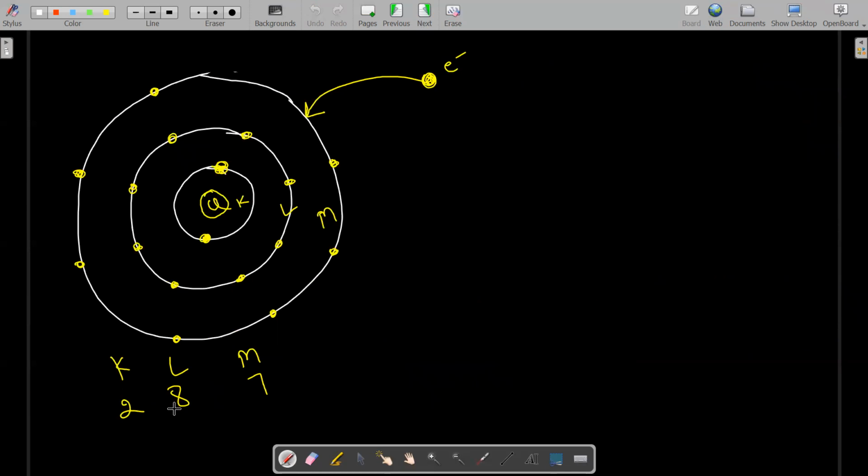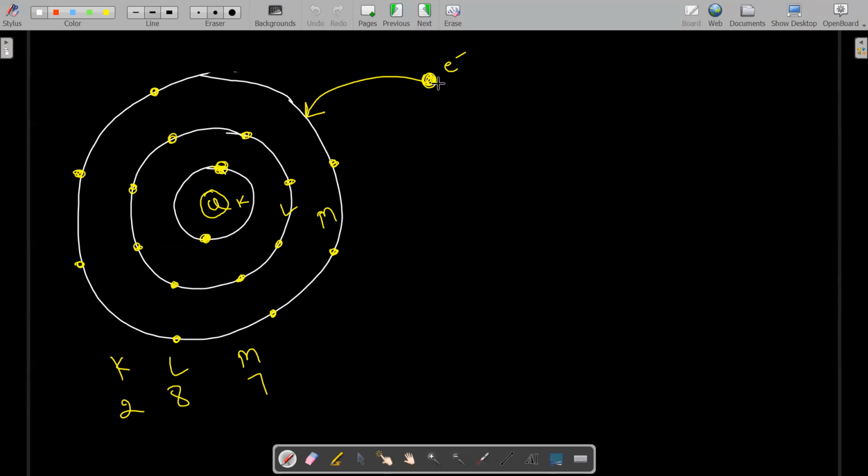Just I've told about the chlorine. This is a chlorine atom. All of you know what the configuration is. K having 2 electrons. Next shell, 8 electrons. And the outermost shell having 7 valence electrons. And only 1 electron is required. So why does chlorine easily accept the electron? Because to attain stability. So this electron will be easily attracted towards the nucleus. This electron will be easily added to the chlorine.